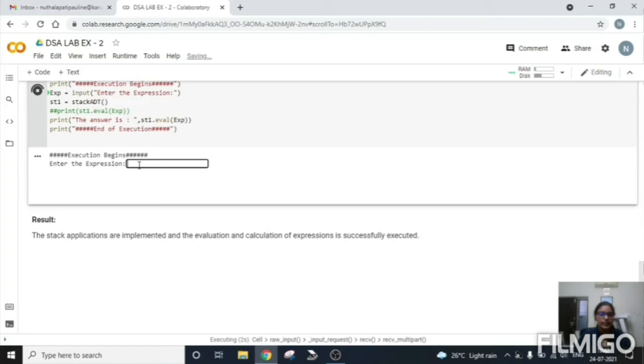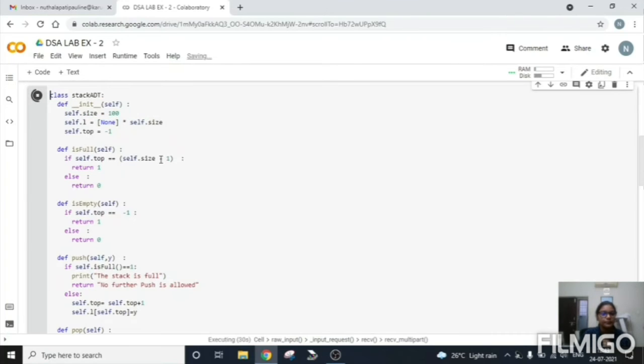See here, it is asking us to enter an expression. Since we are doing the program for a postfix expression, I am going to give a postfix expression, like A B plus. A, B are elements, which means operands, and plus is the operator. See, this expression has operands and the operator afterwards. Let's press enter.